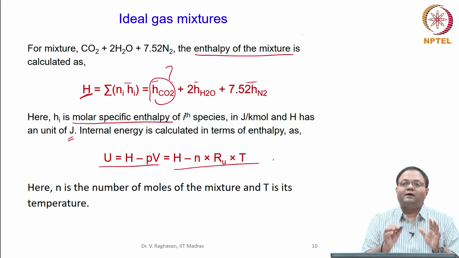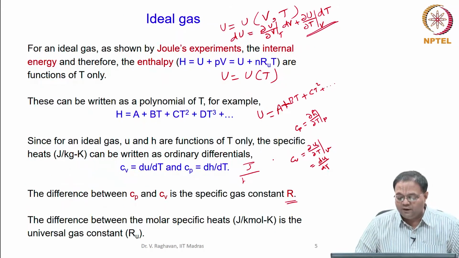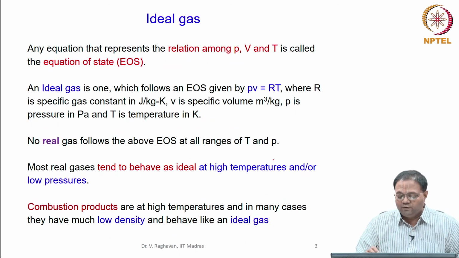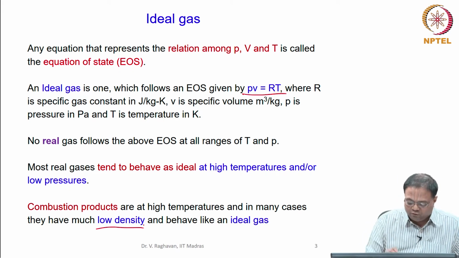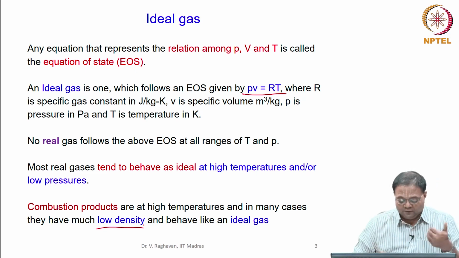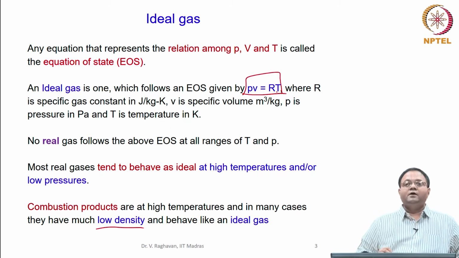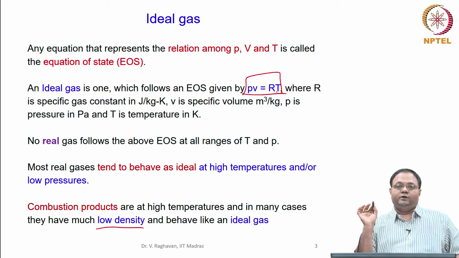So, this is about the ideal gas and ideal gas mixtures. In ideal gas, I will just quickly summarize. An ideal gas is a real gas which obeys a simple equation of state like this under specific conditions where its density is low, so that the intermolecular forces between the molecules are negligible and the volume occupied by the molecules is also negligible. Under these conditions, the gases obey this equation of state. v is specific volume based on mass, Pv equal to RT. R is the specific gas constant.